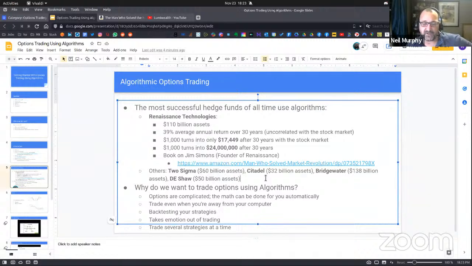Some of the other ones are, options are complicated. Just by their nature, they're complicated. The math for them is complicated. If you have a stock, XYZ Corp, if you look at its options chain, just one stock has literally like 100 options underneath it, of calls and puts with different expiry dates and different strike prices, all trading at different liquidities and different spreads and all that kind of stuff. It's challenging if you're going to try to trade those all manually.